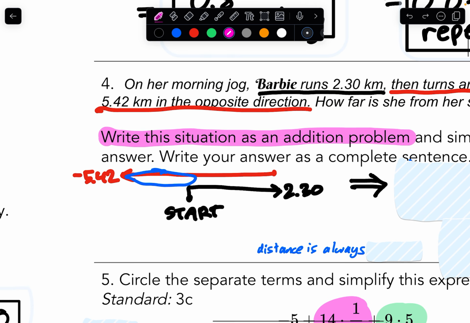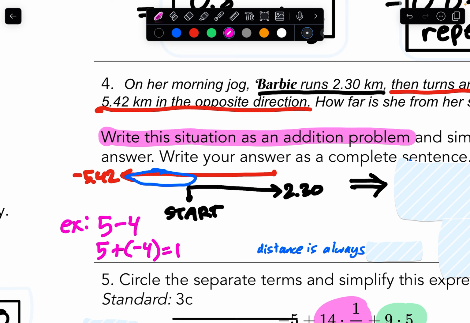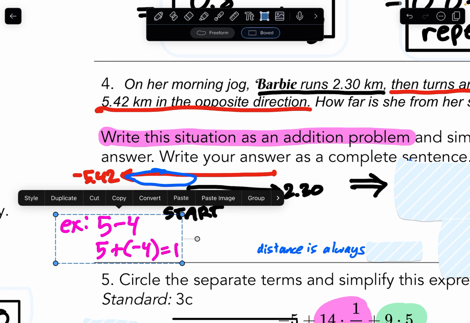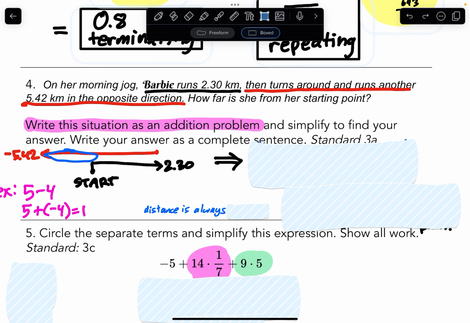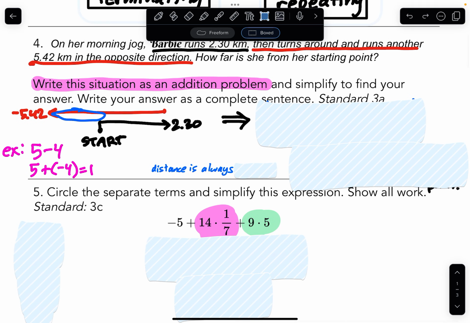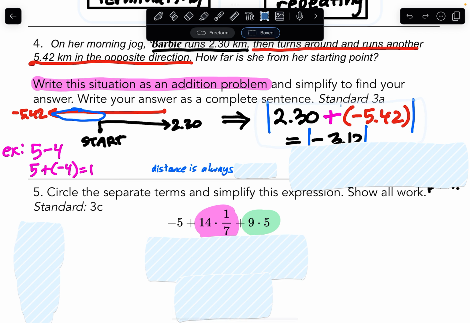Let me give you a quick example. On the left here, you can write it down if you want to. If I say 5 minus 4, how do we write 5 minus 4 as an addition problem? Because that's what it's asking us to do. We'd say 5 plus negative 4. That's the same as 5 minus 4, and we'd get the same answer of 1. Okay, so can we turn any subtraction problem we want into an addition problem? The answer is yes. So the correct addition problem should have been 2.30 plus